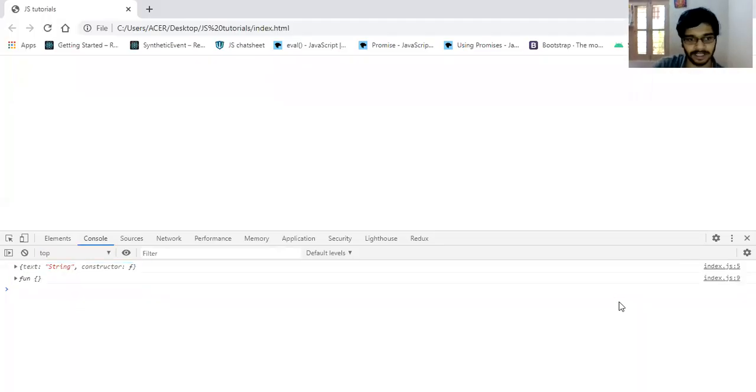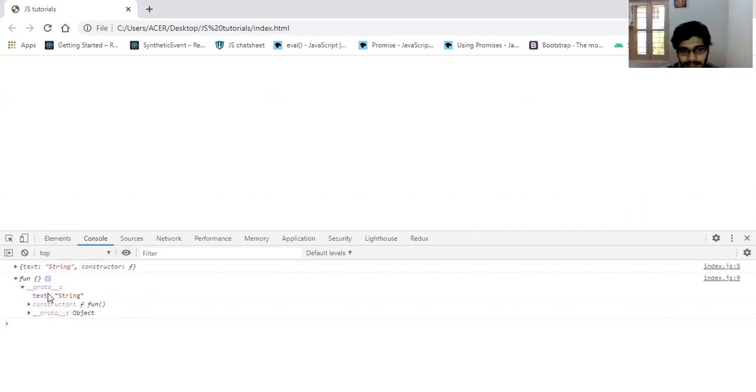and refresh the browser, you can see this is the fun function, inside which you have the __proto__, which is an object. This is the dunder proto property, and it is an object.